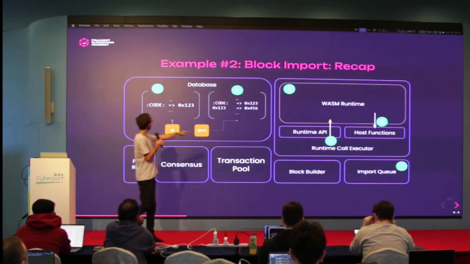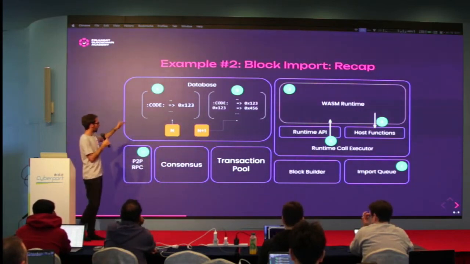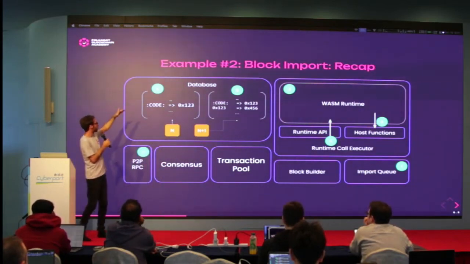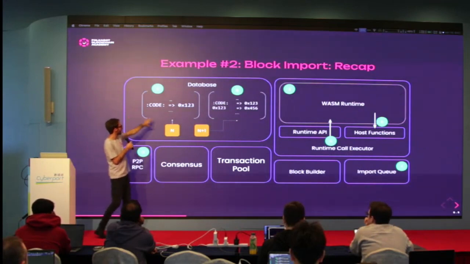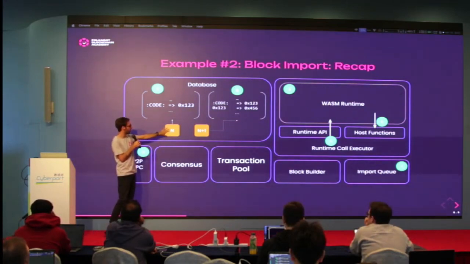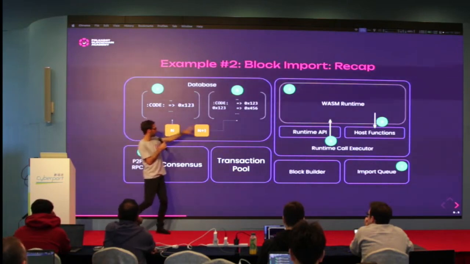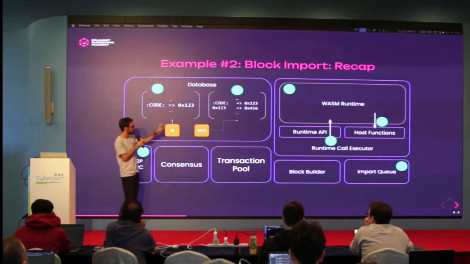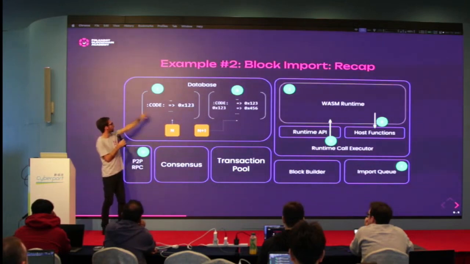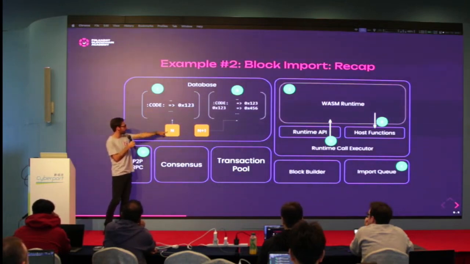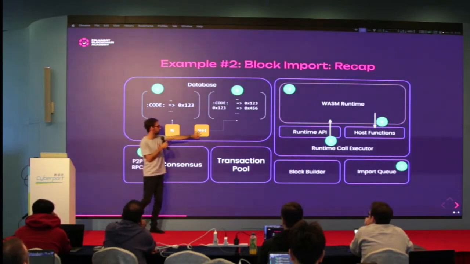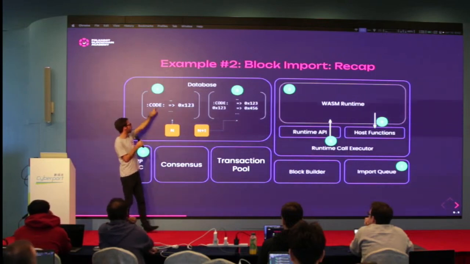That's step 1. Whenever we are ready to import a block, we come to step 2, which is we look at the state of the last block that has already been imported. In this example, it's block n. We want to import block n plus 1, but we don't have it yet. Block n is the best block that we already have. So we get the code from this last block. Although accurately, it should be the parent of whatever wants to be imported. So if we want to import n plus 1, we know the parent is n, so we get the code